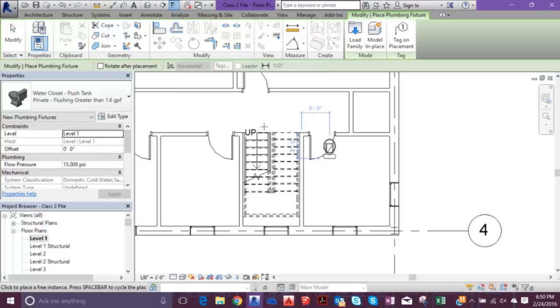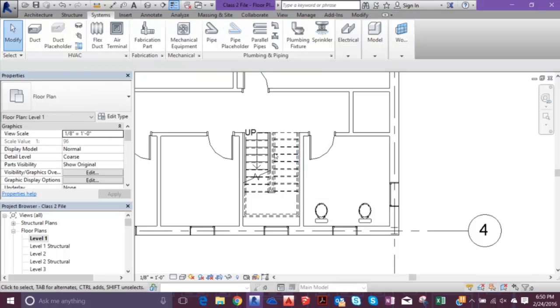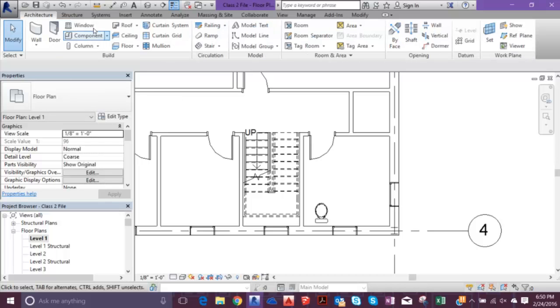And we can hit spacebar to rotate it and place that right here in the bathroom. And we'll place 2 in here. Actually, we'll just place 1. A lot better. And we can go back to architecture,